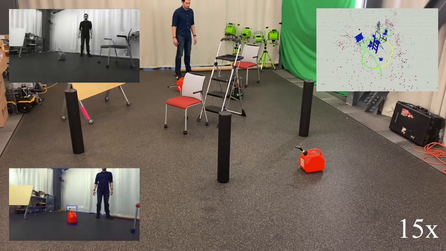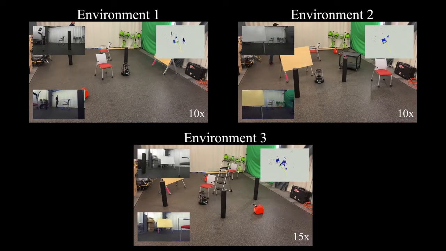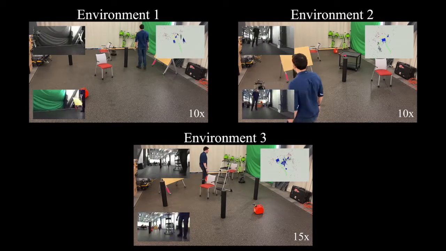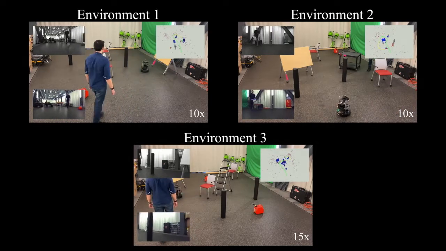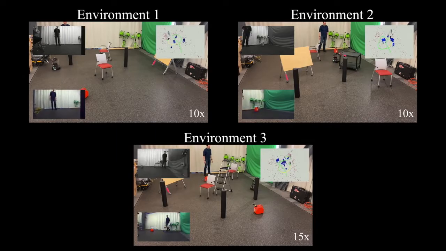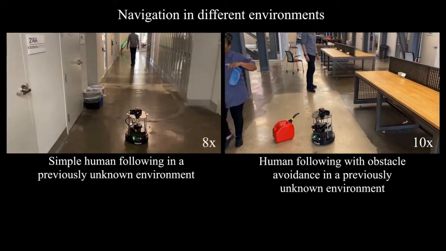The increasing robustness of our modular approach allows us to repeat the same experiment in several different obstacle configurations, as well as different environments, without retraining our perceptual networks or modifying the navigation strategy.